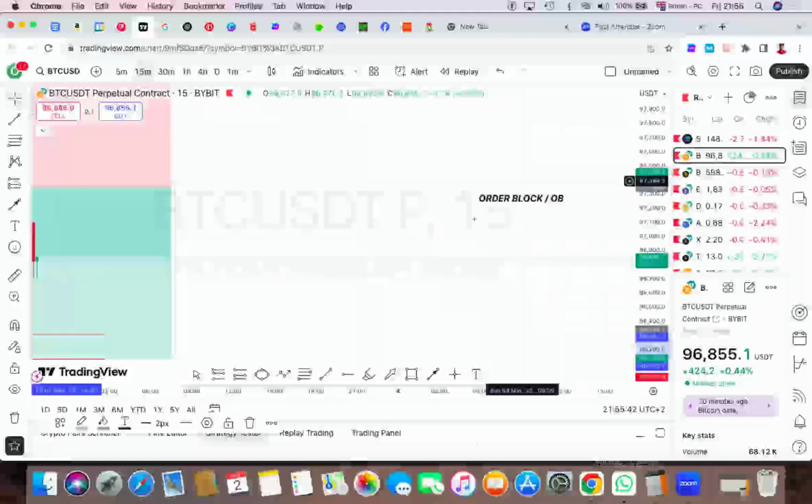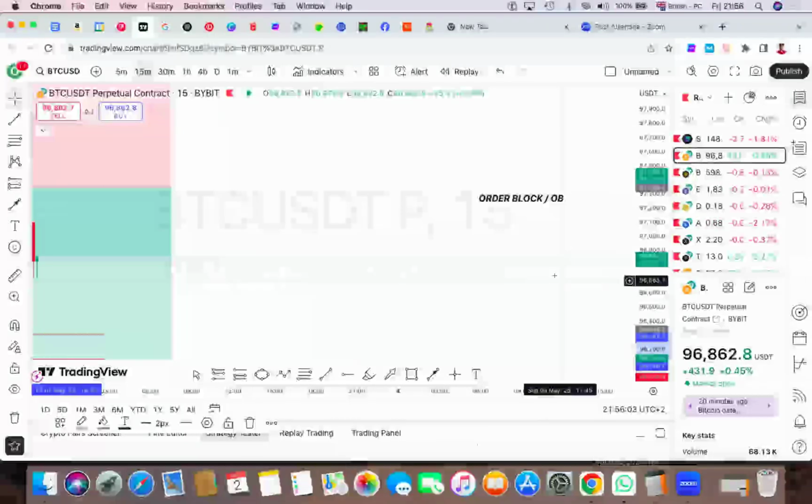So we said the topic for tonight is order block, and the term for order block is OB, which is still the same thing. I said I want to define it for us in layman's terms. So for example, let me give you an example where you have a provision store, right? And there are weekends in which you know that this is your store, and you know the days in which there are a lot of customers and a lot of traffic in your store. Maybe instead of the normal days where you have maybe 10 to 15 or 20 clients, on weekends, maybe Fridays, Saturdays, and Sundays, you normally have maybe 50 to 80 people, you know.